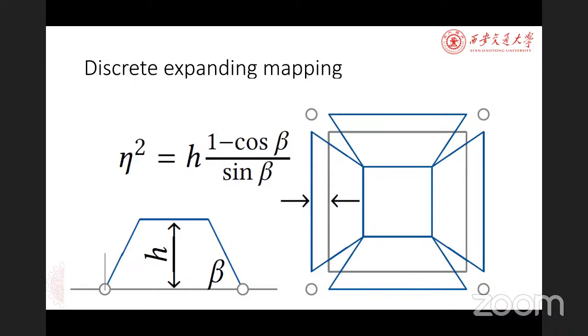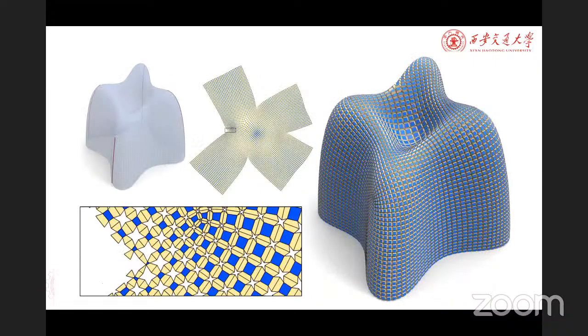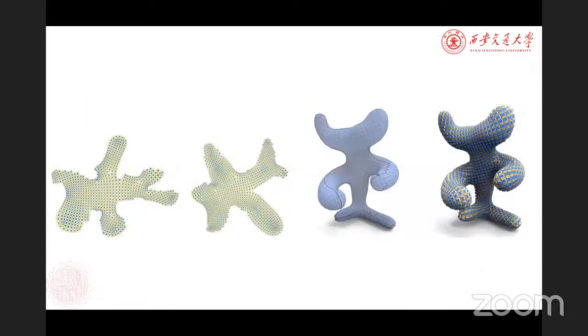So in the global optimization, the corresponding faces in 3D and 2D are required to be identical, and this constraint has already been introduced in the previous project. So here I show some results. For complex shapes, we have to cut them for mapping. For example, for this Leaning Tower model, we map it with 4 cuts. And for this model, we have to cut it into 2 pieces with discrete topology and approximate the whole shape with 2 pieces of flat